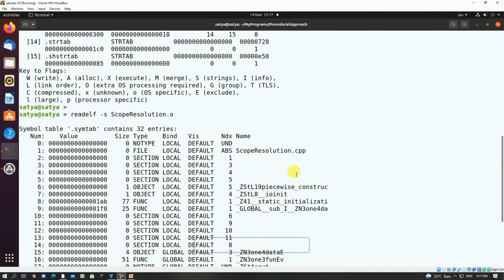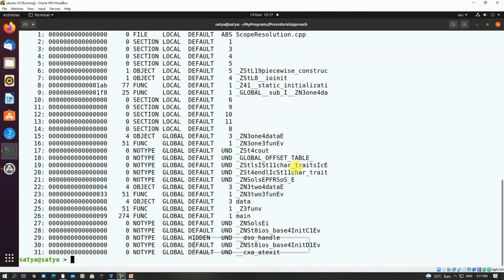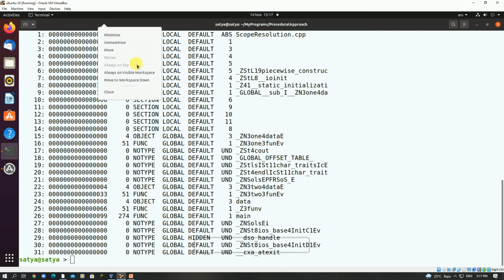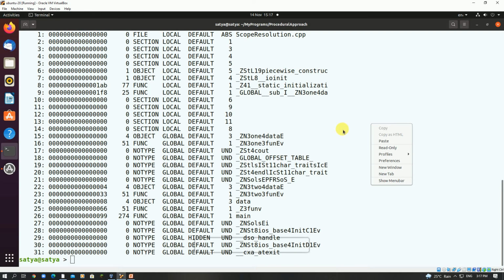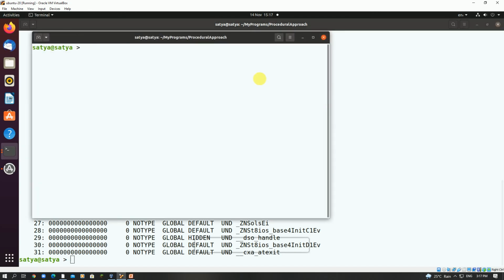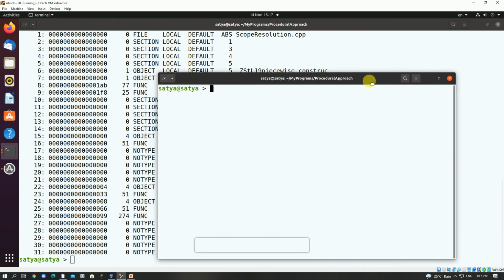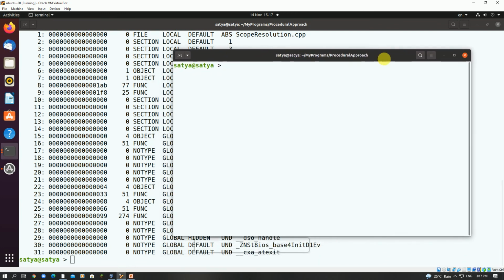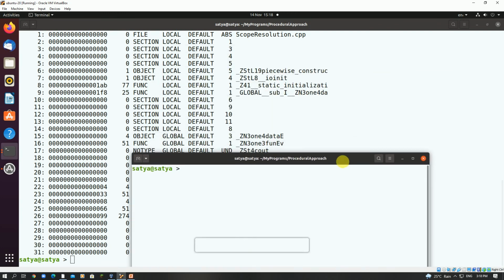Whenever we are writing, let me open another tab. So here I will open scope resolution dot cpp.